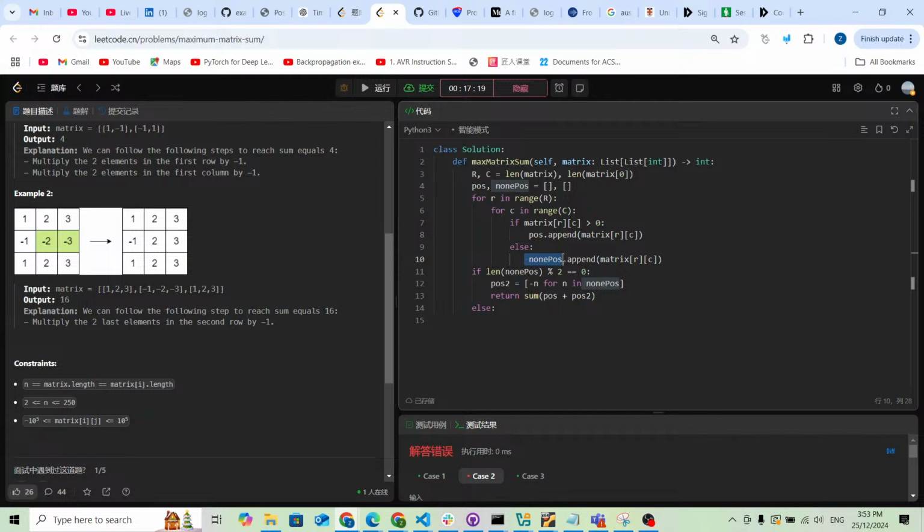If there's a 0 inside, everything should be okay. If there's no 0 inside, definitely we want to find the minimum number. So else